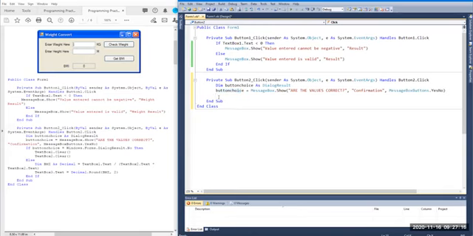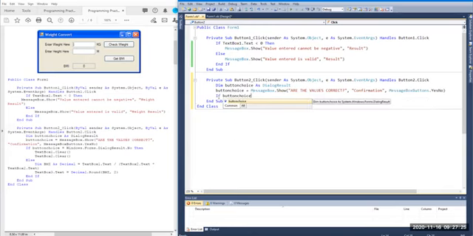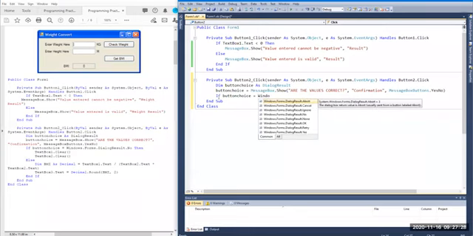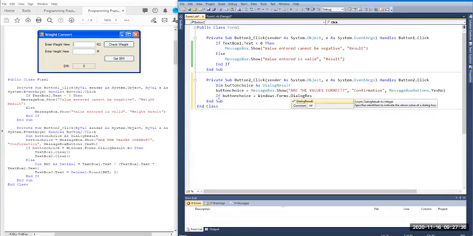Okay, so we're now saying if the user selects a particular option. So if the value stored in the variable button choice is the no, which is Windows Forms dot DialogResult dot No. If the dialog result selected by the user is no, that's what this line is trying to say. The Windows Forms, that is what we're working on now. We're working on a form in Windows, all right? And then the dialog result of that form. And then if no is what is selected, then